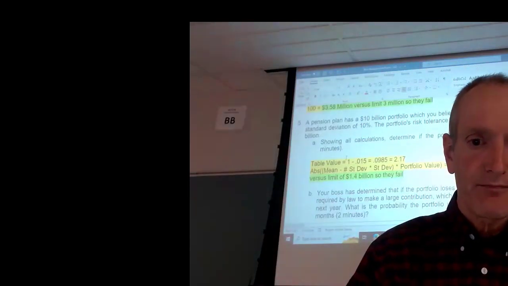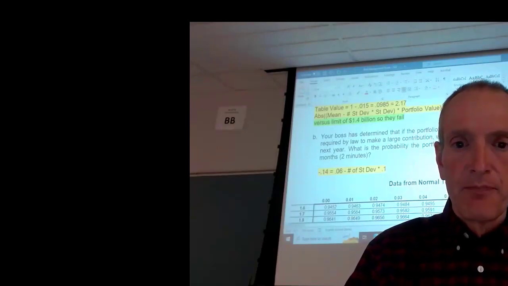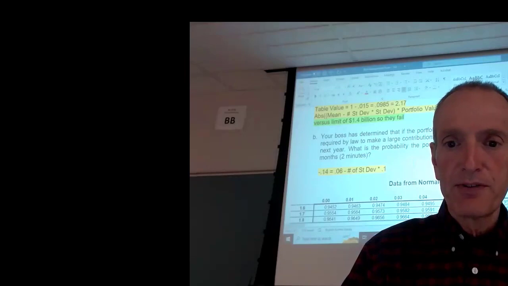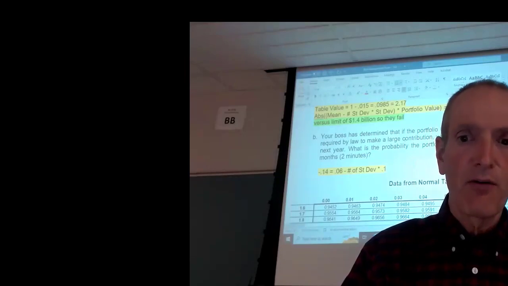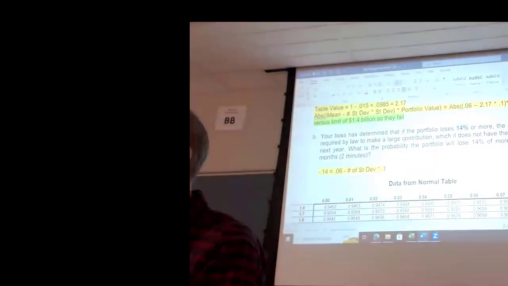All right. And this last question, it'll be something bizarre. But if the portfolio loses 14%, the law is going to require them to fund this thing. And that is the problem with the pension plans. They have these kind of cliff funding requirements that can shock you. It's like, oh, you got to put $50 million in. You've seen that with some of the states. I don't know if you've noticed the post office. They've had that with their plans where they've had to fund it and it's kind of frustrating for them. In fact, I think the post office says they'd make money if they didn't have these pension plans to worry with. So that's the biggest hurdle they have to actually being profitable.